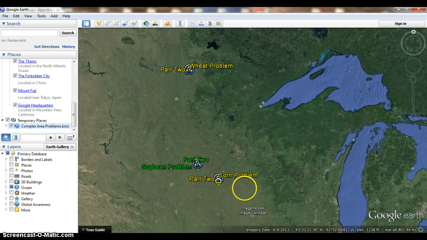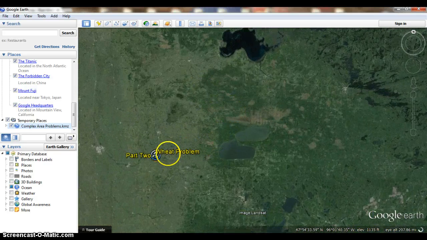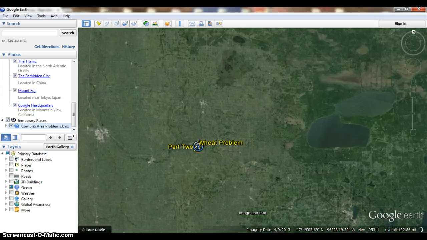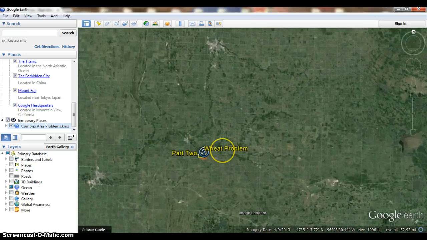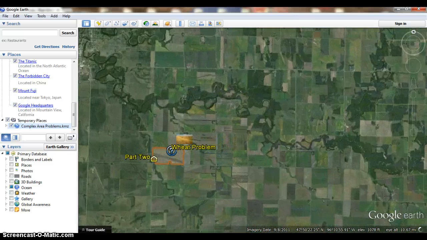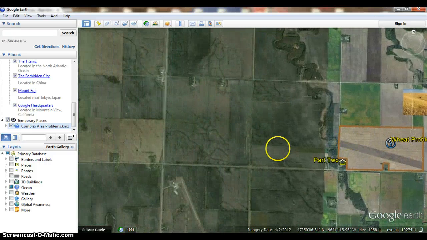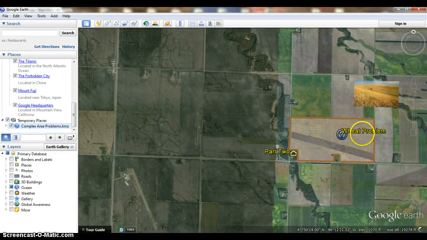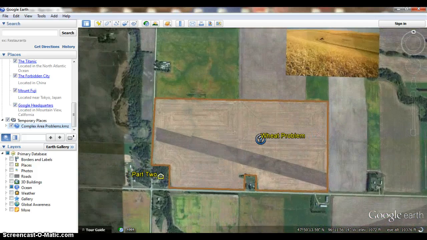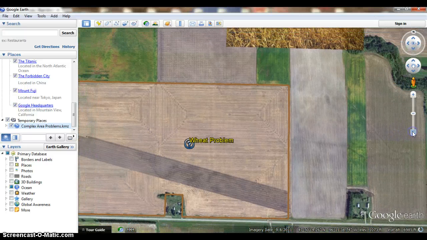We have three separate problems, a corn problem, a soybean problem, and we're going to start with the wheat problem. So I'm going to double click it. Should zoom in. It takes a little bit of adjusting sometimes. Okay, I'm going to do that once more. Okay, so once we get it adjusted to the size we want,